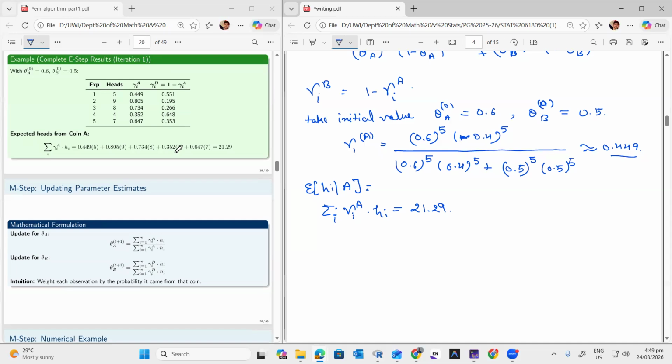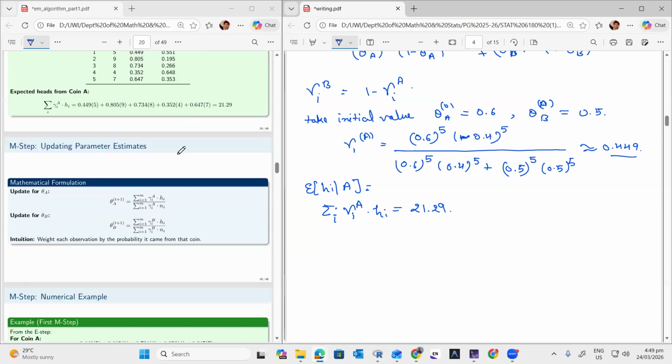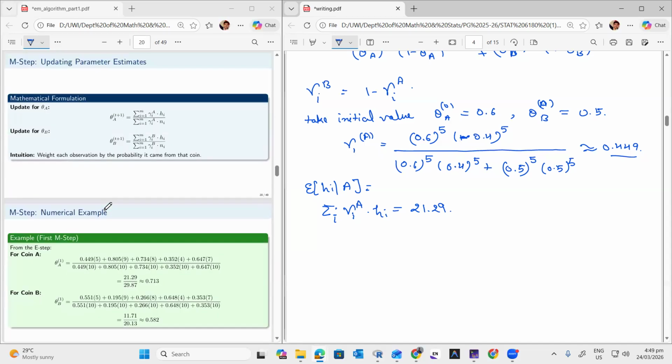So here we will go for the M step, maximization. We have the formula for maximization. How did we get this formula? In the maximization step, we maximize the expected complete data log likelihood. So the expected complete log likelihood is basically